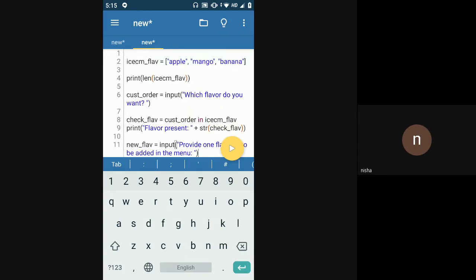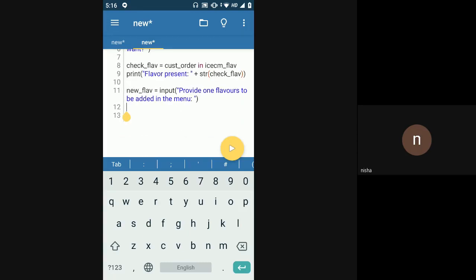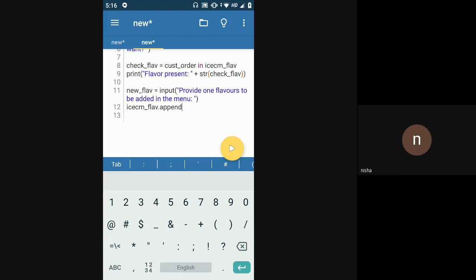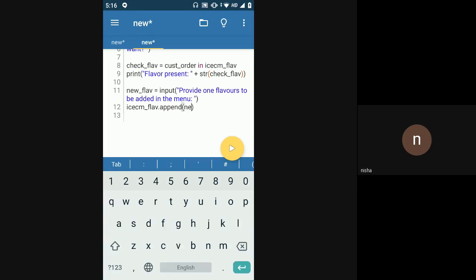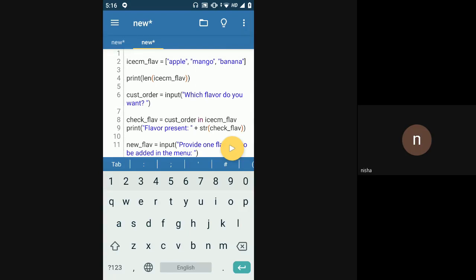To add anything inside this ice cream flavor list, you will just say ice_cream_flavor dot append, whatever is the new flavor that you get. Dot append will add that value inside the list.